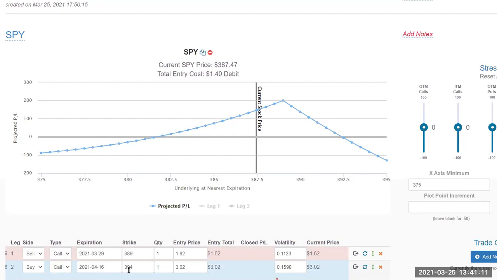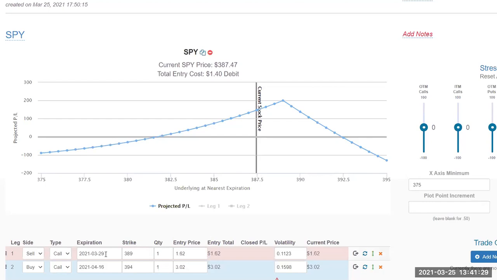There was one option cash flow spread where I was able to buy a 3-month option and sell weeklies against that, and that's exactly what we're doing. Only we're doing it intra-week, right?